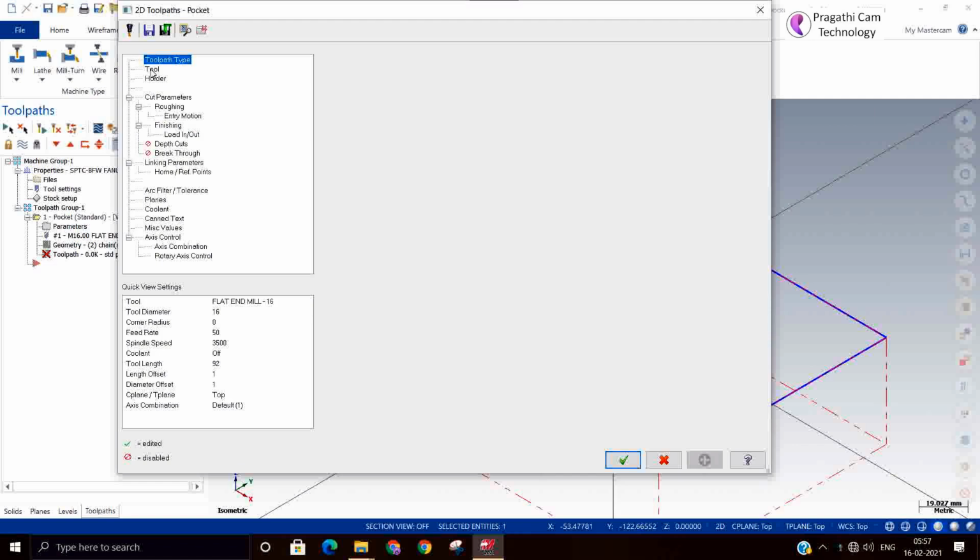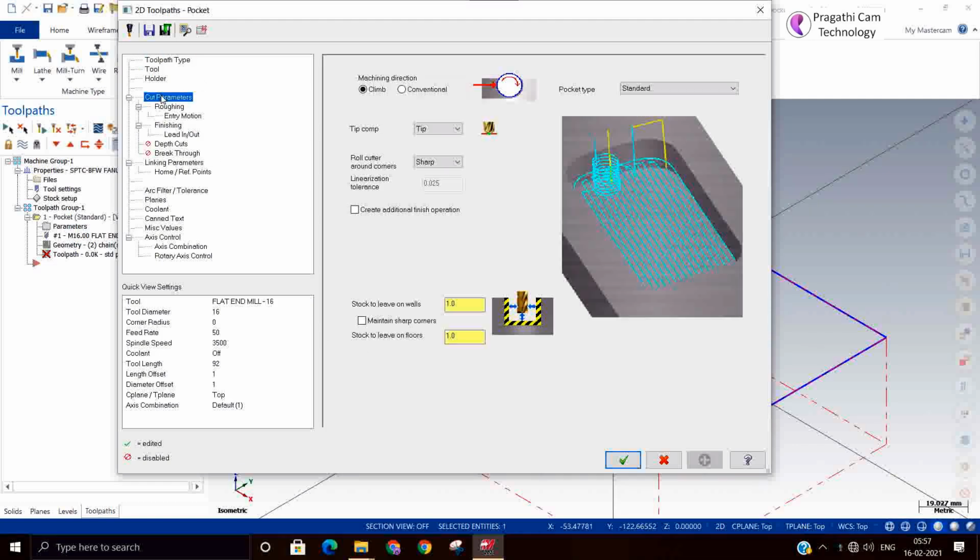So I'll select the tool. I kept standard pocket, stock to leave is 0.